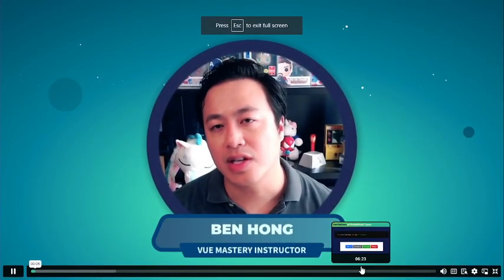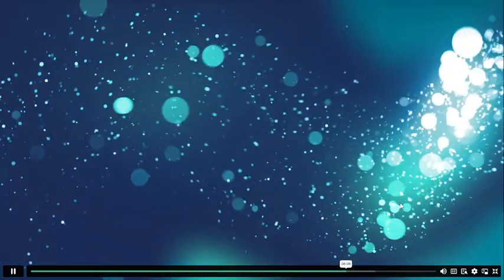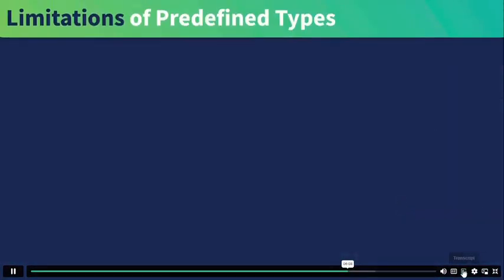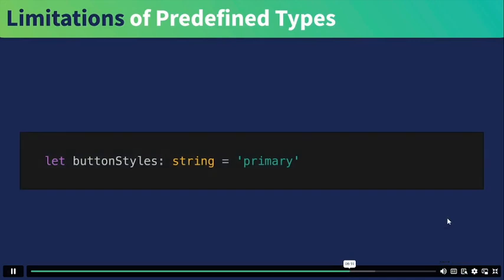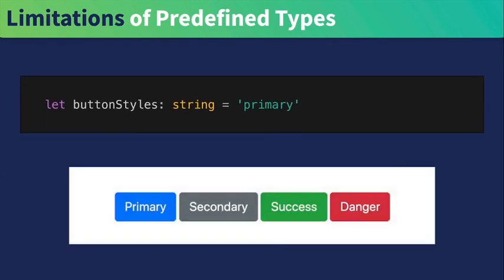One of TypeScript's fundamental concepts is the ability to define descriptive types. What if we wanted to define a custom type that only allowed developers to use a predefined set of button styles? For example, we have a primary, secondary, success, or danger button, and we only want the button styles variable to contain one of those 4 values. However, with the knowledge that we currently have, we're unable to define anything further than the type that's expected inside of button styles, which is string, which means it doesn't do much for us as far